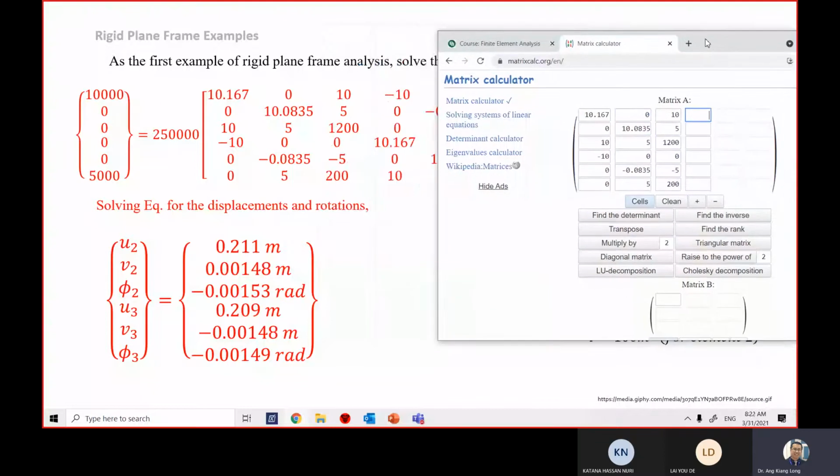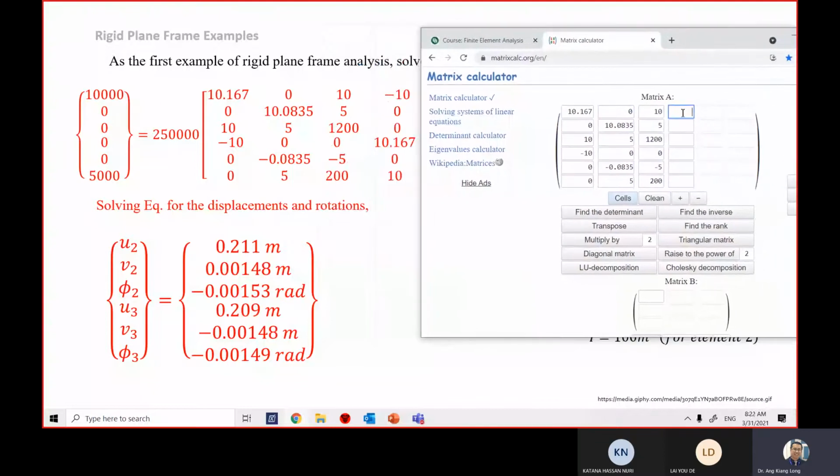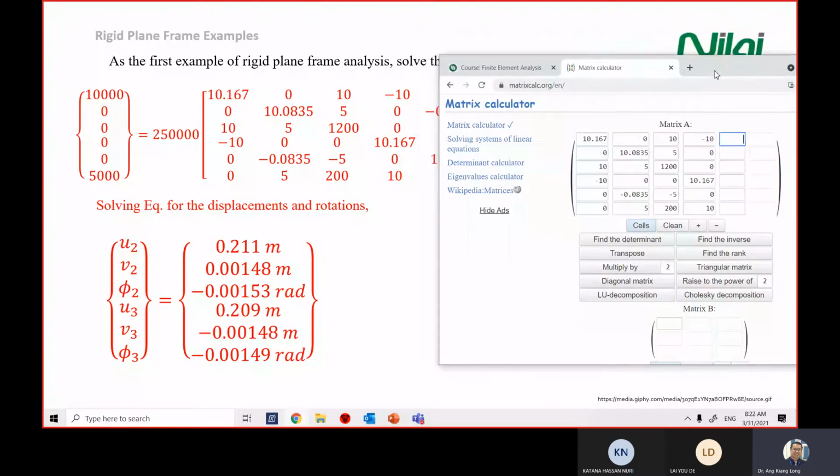And then I continue the fourth row. I key in minus 10, 0, 0, 10.167, 0, 10. The fifth row,